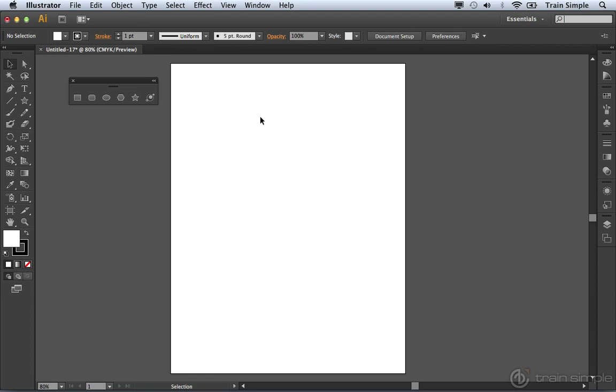In the last movie, we looked at how the rectangle, rounded rectangle, and ellipse tools worked. In this movie, we want to take a look at the polygon tool, the star tool, and the flare tool. Before I use any of these tools, I just want to point out what we learned in the last movie